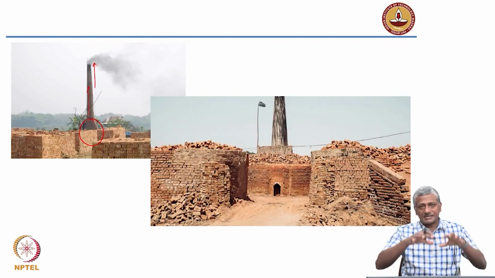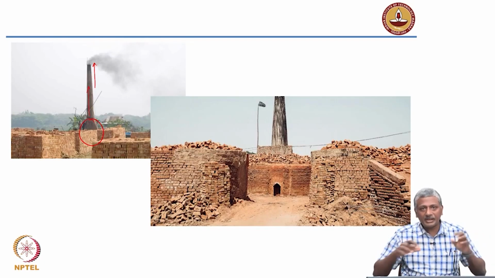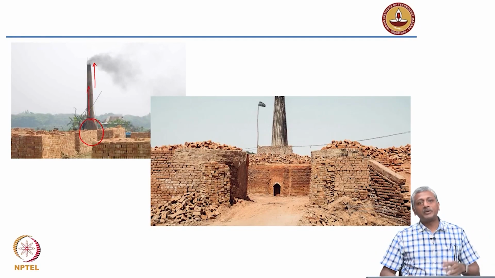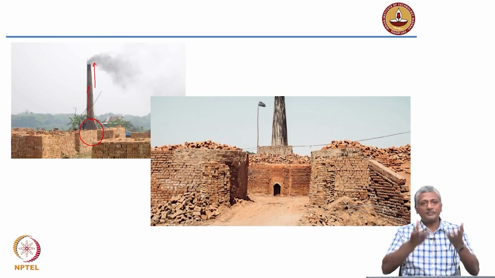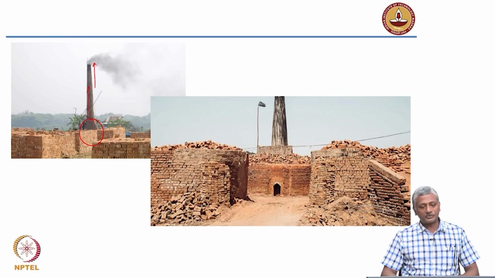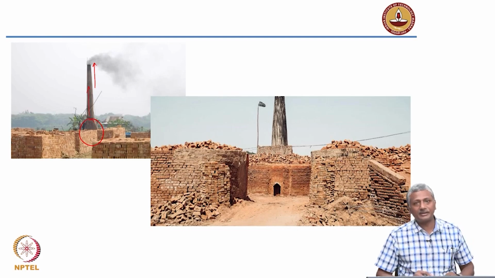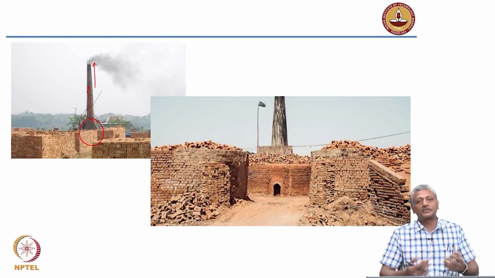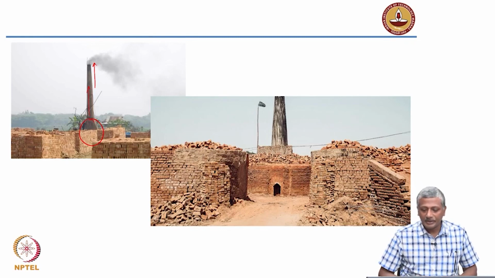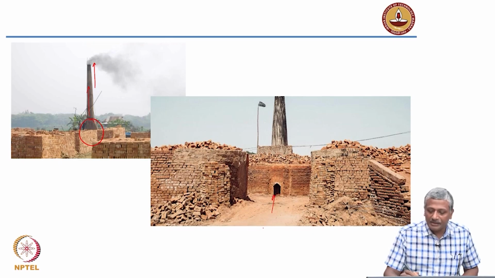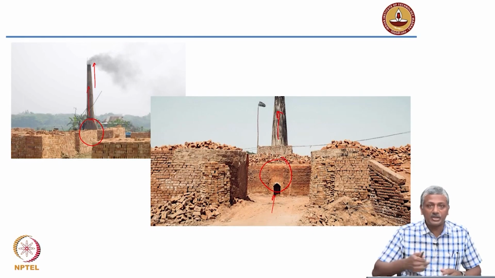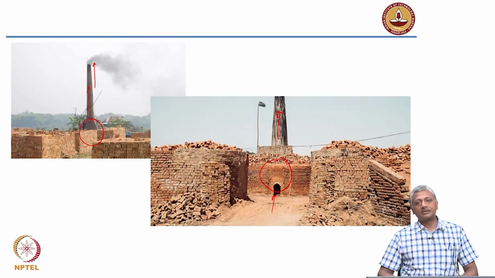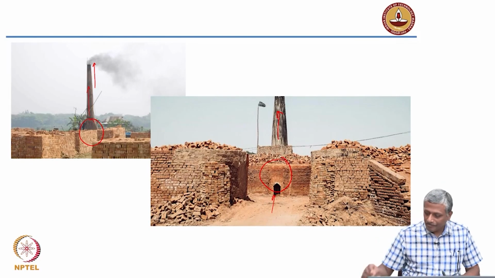You can't leave out the gases at a lower level, because then they will start mingling with the air and people will have difficulty breathing. So you need to actually have the stack which is high enough to put the gases into the upper atmosphere. Of course, not all stacks are that high. Brick industries can cause significant pollution if you don't have a control on the stack height. So again, this is another picture. The entry to the kiln is shown here, and the kiln is right underneath, and that is the stack which carries out the gases that are generated from the burning. Okay,